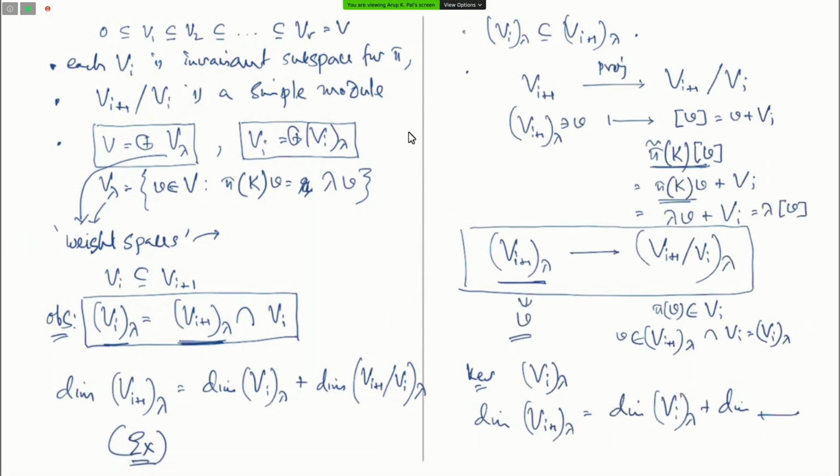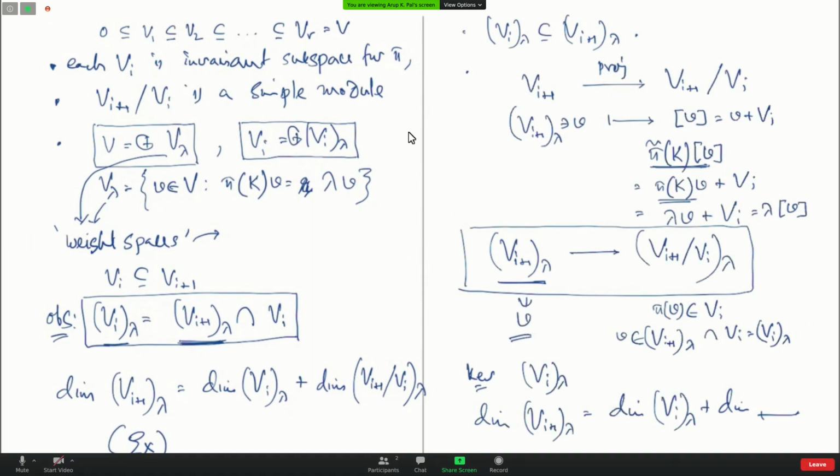This is the statement that we are proving. I just stopped short of completing the argument. There you have to just supply a little bit. So now once you have this equality,